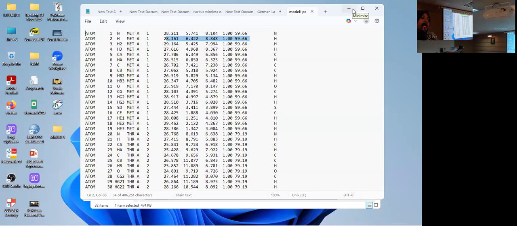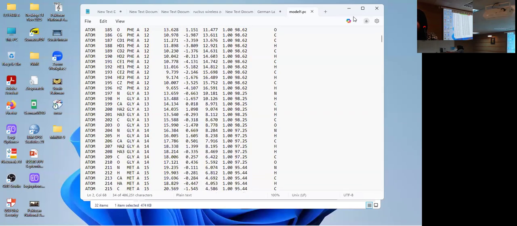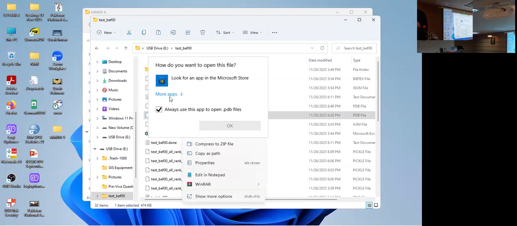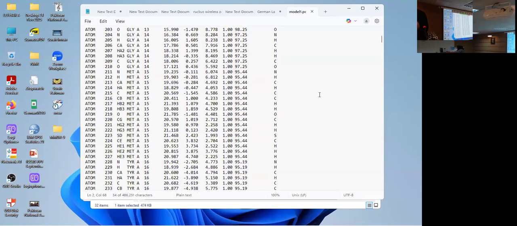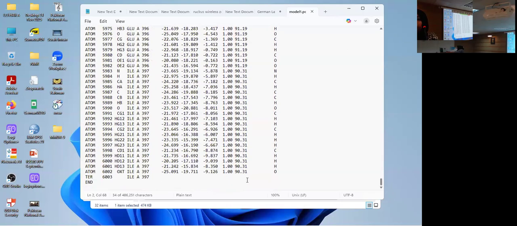And if you want to know that your PDB file is okay, you just open it with Notepad and see that the complete residues are there. For example, listen, I had about 397 residues, right?